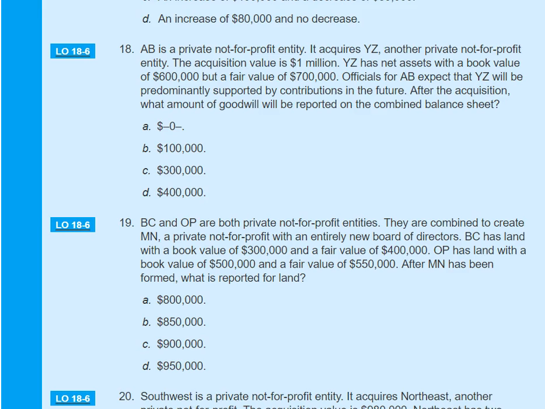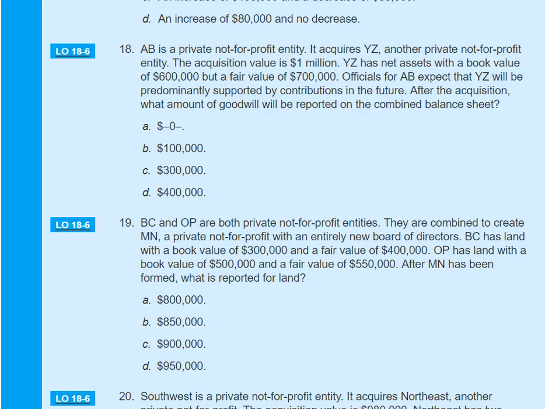So here this is an acquisition. Remember, when one entity acquires another entity and gains control over that entity, then it will be an acquisition. On the other hand, if two entities combine and form a new entity, a third, new entity,